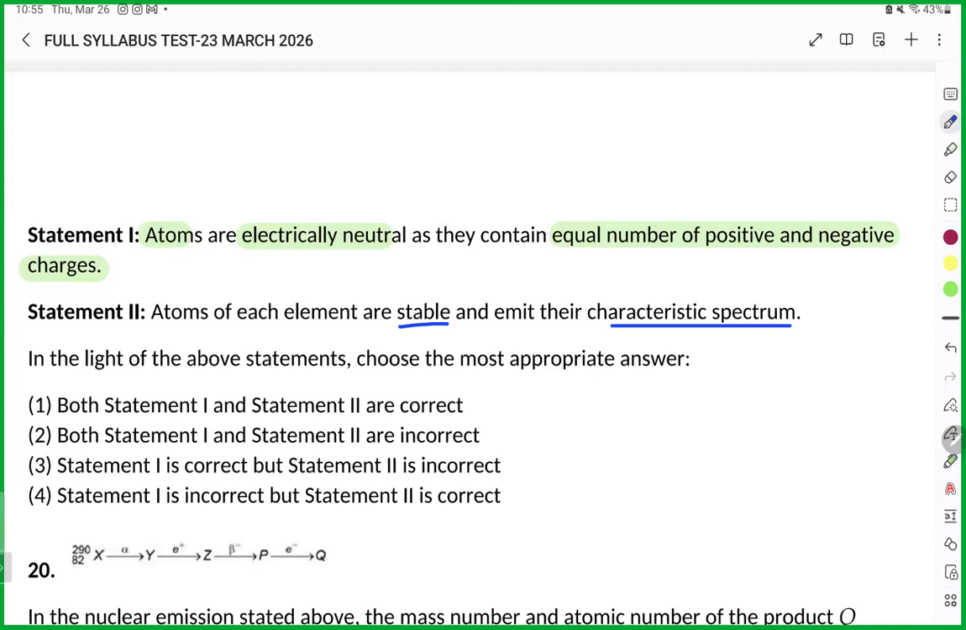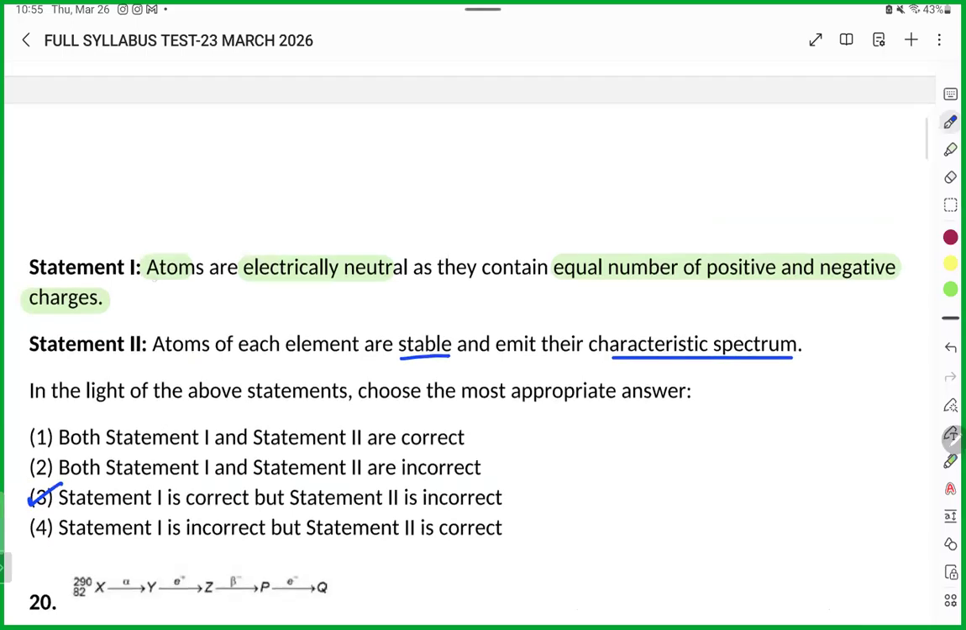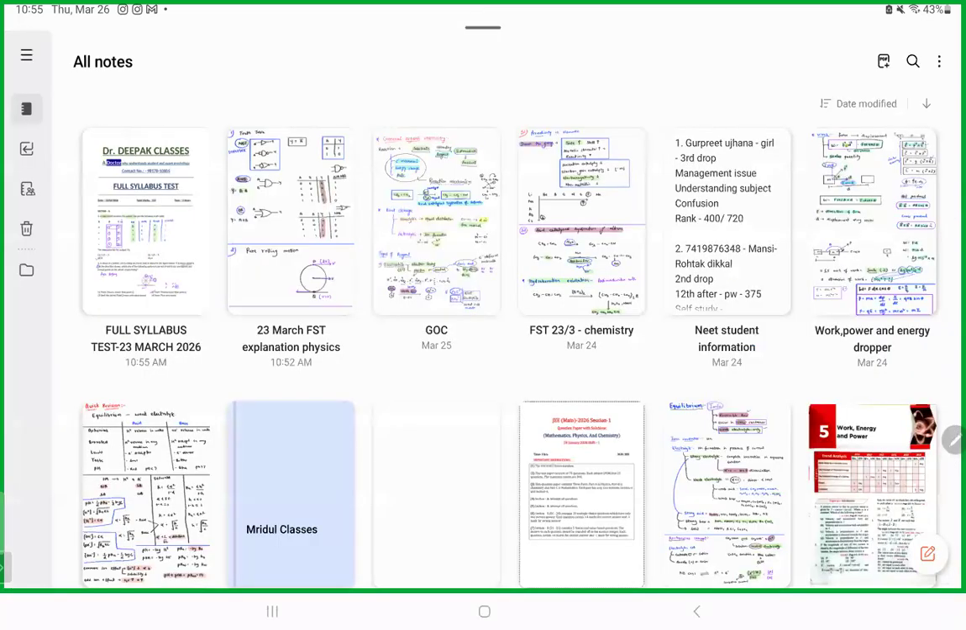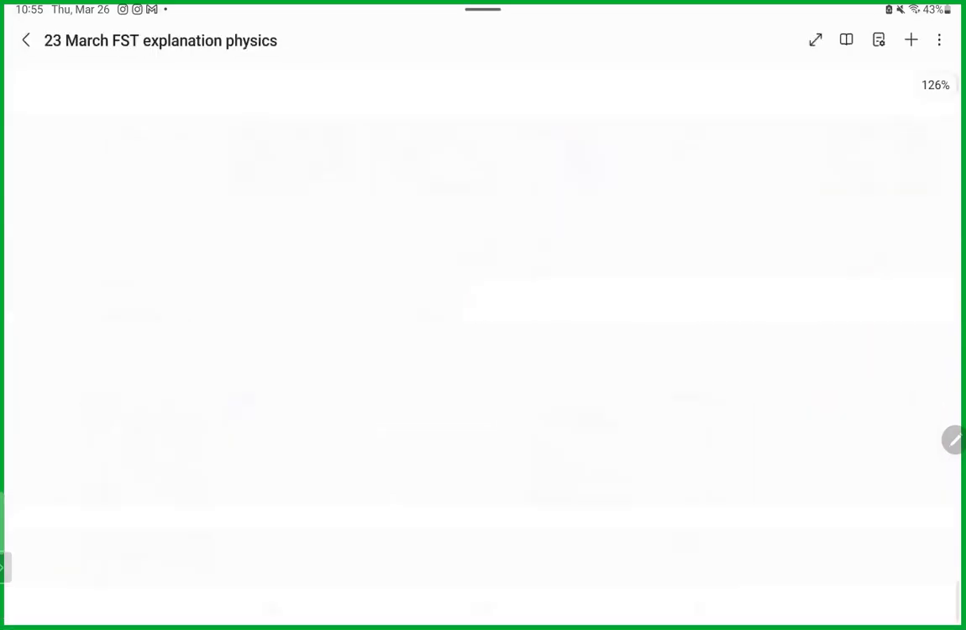Sir, it will be option number 3. Yes. तो मैं यहीं पे एक्सप्लेन कर दूंगा क्योंकि इजी है. Atoms are electrically neutral. सही बात है. Why? Because थोड़ा सा एटॉमिक स्ट्रक्चर रिवाइज हो जाएगा। क्वेश्चन नंबर 19,